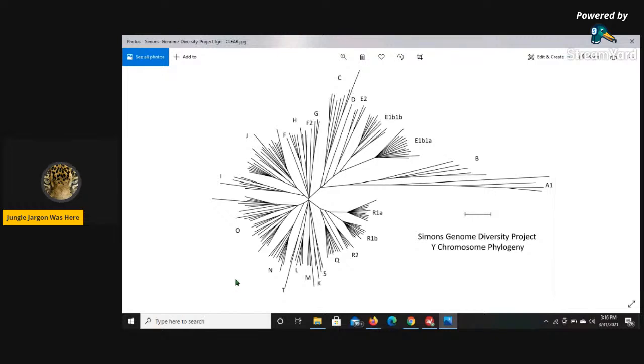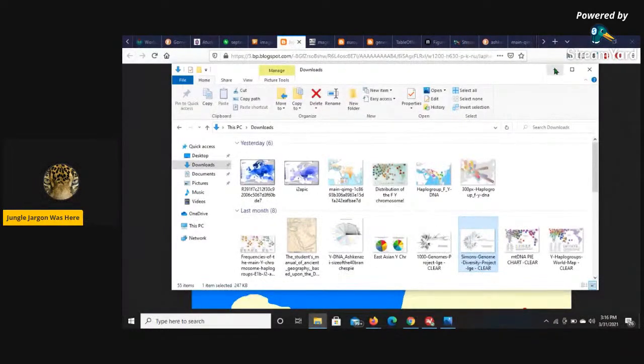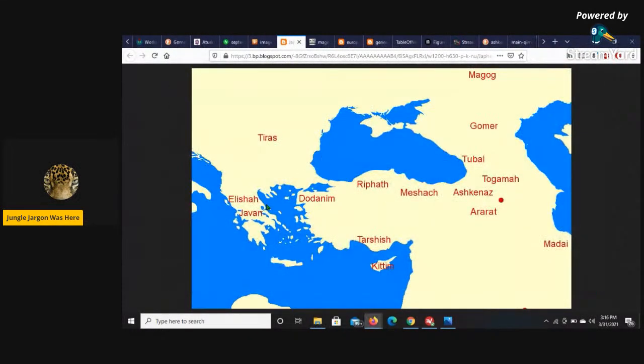And there's actually 7 other people: 1, 2, 3, 4, 5, 6, and 7. So it's Madai, Magog, Gomer, Tubal, Meshech, Javan, and Tiras. So we have 6 possible living today,